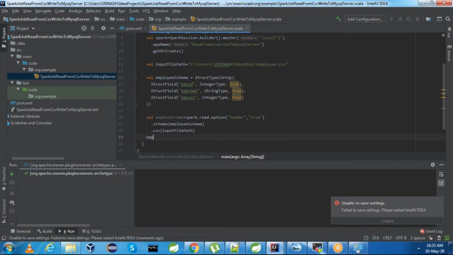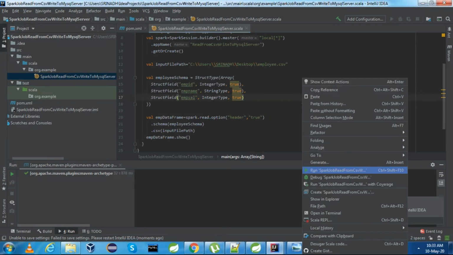Now we will try to print the employee data frame and see whether it is working or not. Just right click and say run.